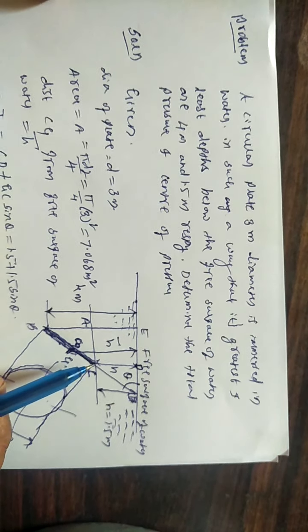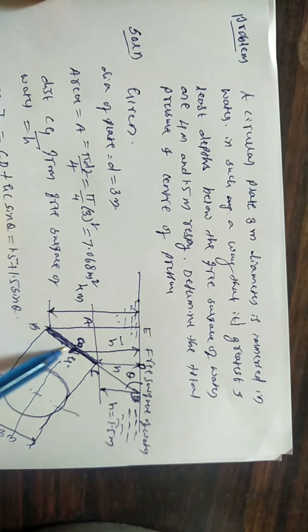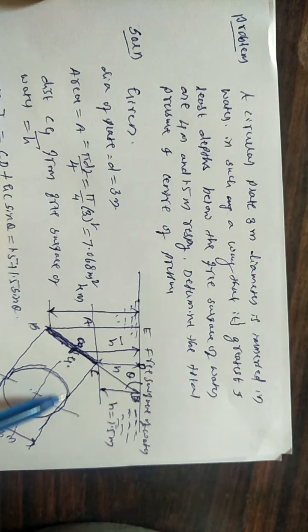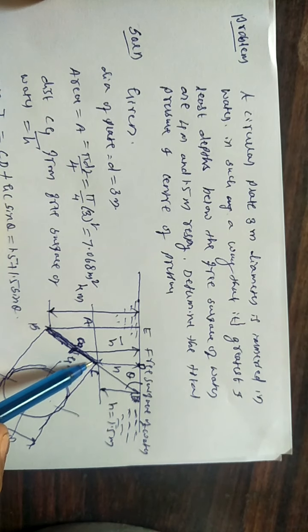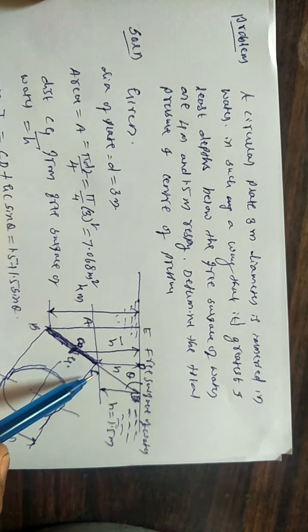So first we have to go for the sketch. We have to take the plane surface, circular plane surface, which is perpendicular to the paper. That is why we can show it just like a line. When you draw its side view, we will get a circular plane. This plane makes an angle theta with the free surface of liquid.